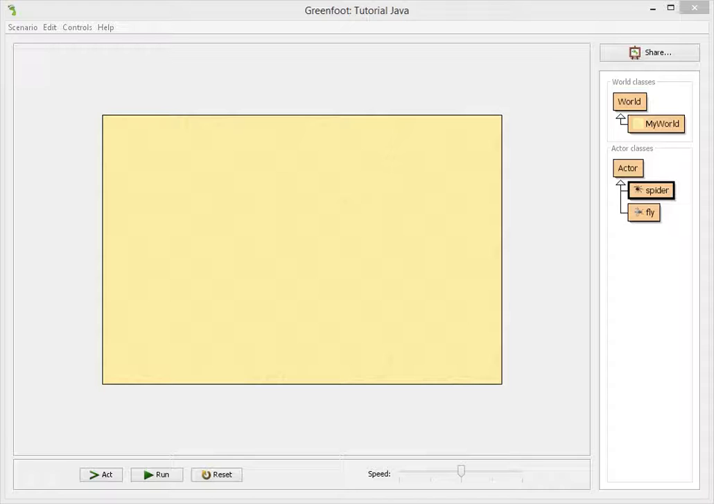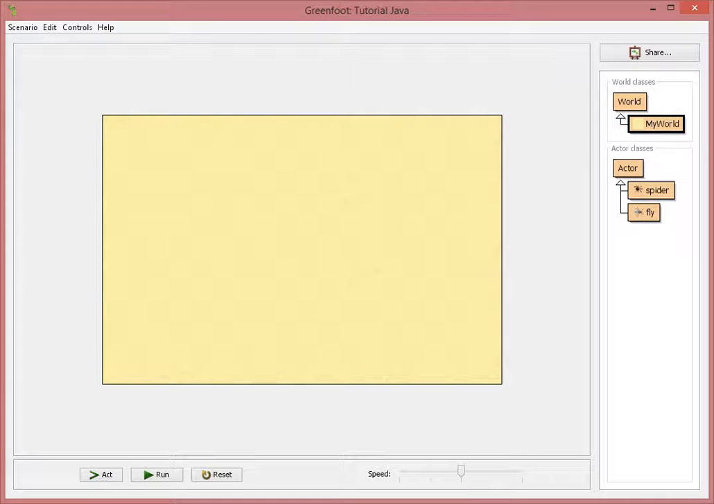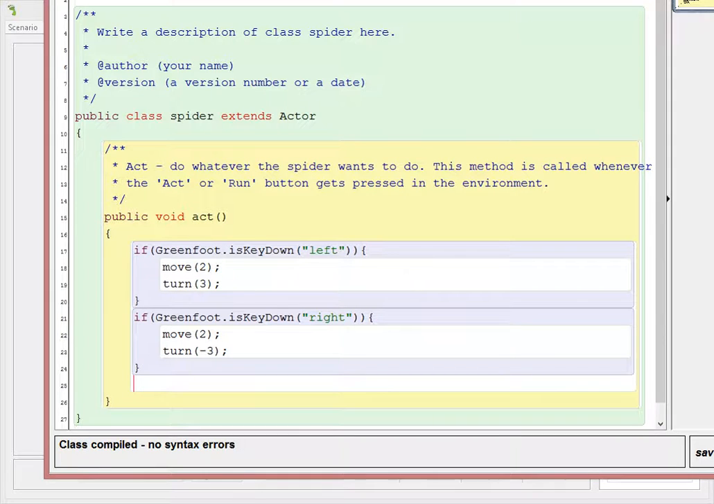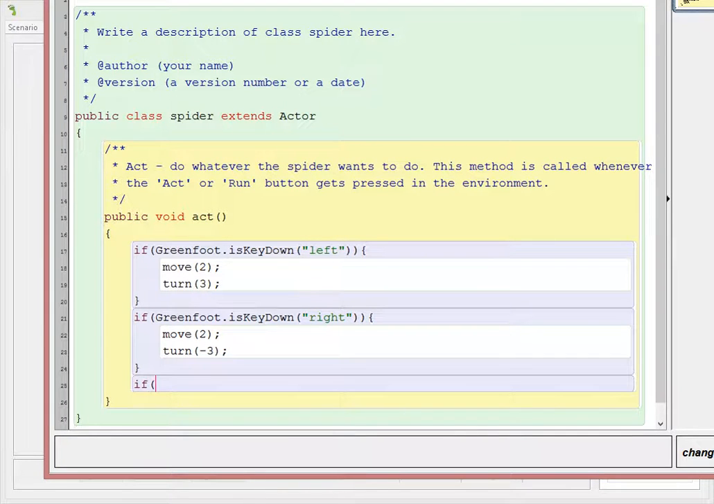I'm going to go straight into my, you notice here I have world, spider, and fly. I've added a fly actor. I'm going to go straight into my code. I'm going to go down here to the if side. I'm going to hit enter so I have a new space underneath it. I'm going to type this: if is touching, open bracket,